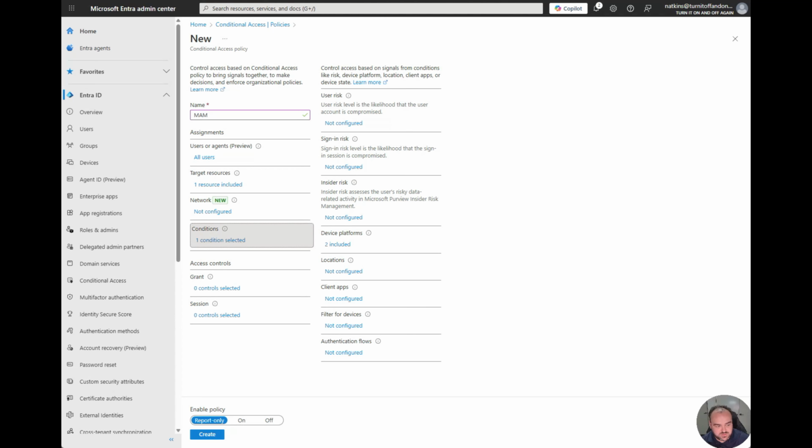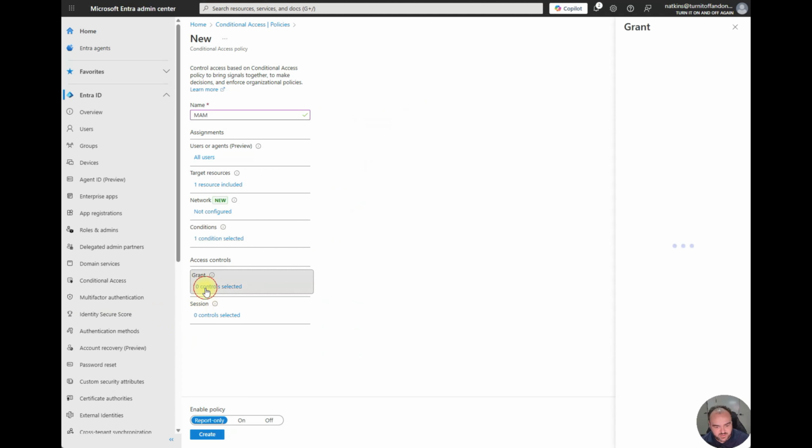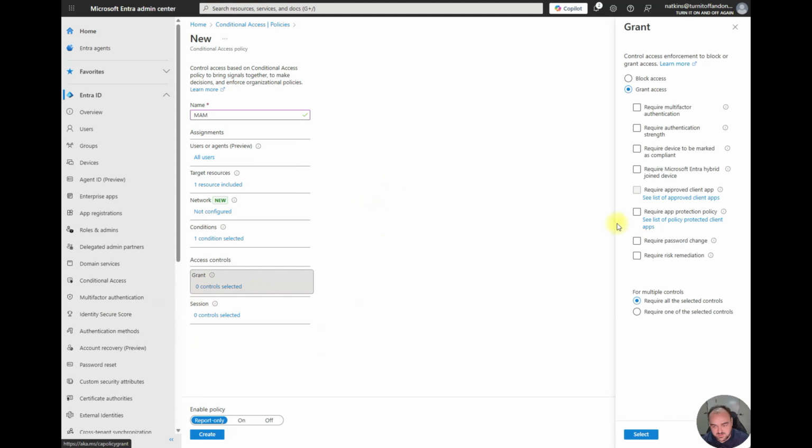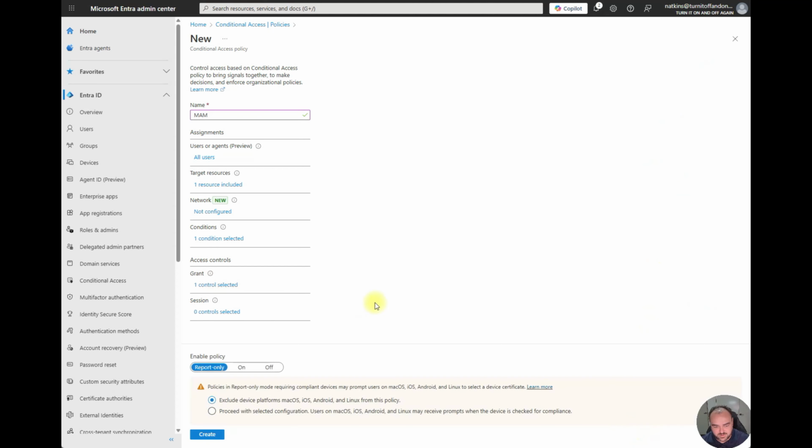And then what we want to do is come down to grant. And here what we're going to do is actually select require an app protection policy. So this is an app protection policy configured within Intune. So we'll jump in there shortly and show you how this works. But we then just hit select. And so for any iOS or Android device that's connecting into this environment, they will have this particular policy apply to them. And so now we'll leave it as report only for the moment,